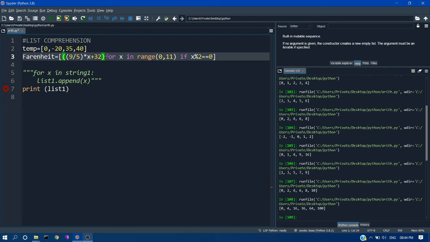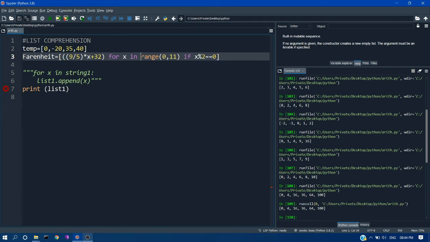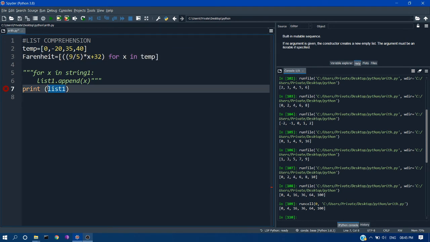Then our conventional rule follows: we use for x in temp. To see the Fahrenheit values, I'm using the f-string method here in the print statement: the temperature in Fahrenheit, open and close curly braces, and here I'm adding the list Fahrenheit. Now I will run this.